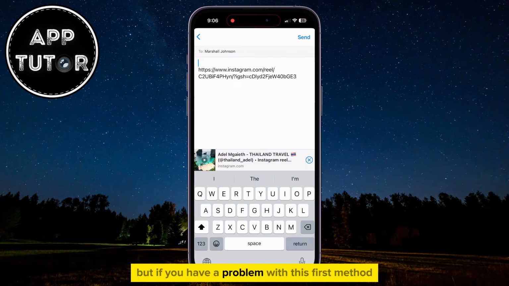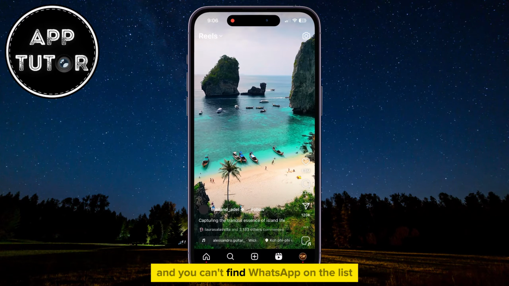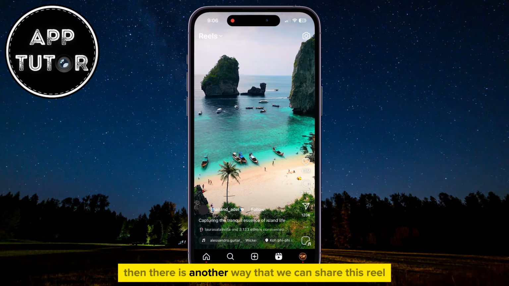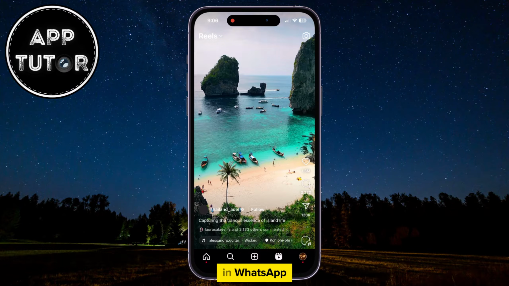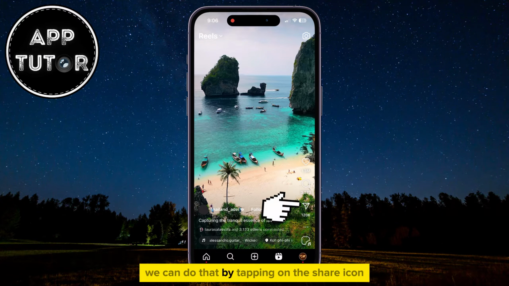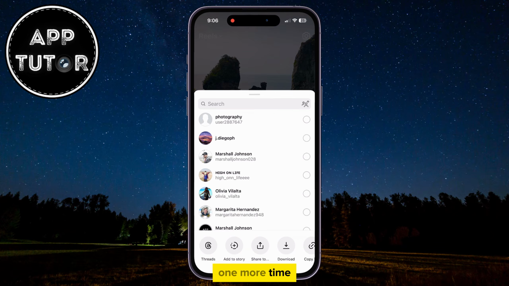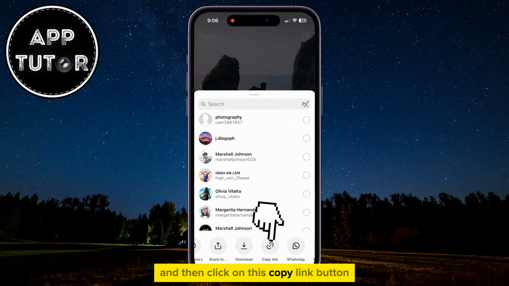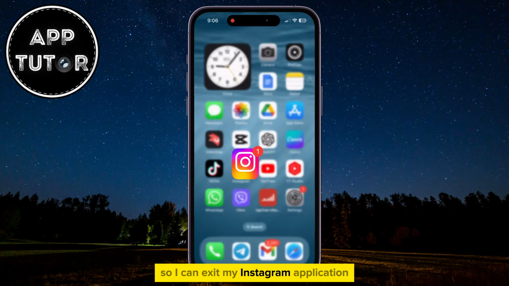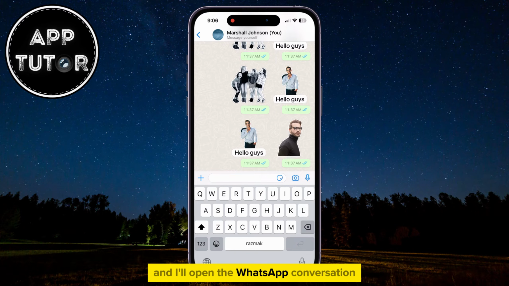But if you have a problem with this first method and you can't find WhatsApp on the list, or you're having some other issues, then there is another way that we can share this reel in WhatsApp. All you have to do is to open the reel one more time, and we simply have to get the reel link. We can do that by tapping on the share icon one more time, and then click on this Copy Link button. It's copied for me, so I can exit my Instagram application and I'll open the WhatsApp conversation